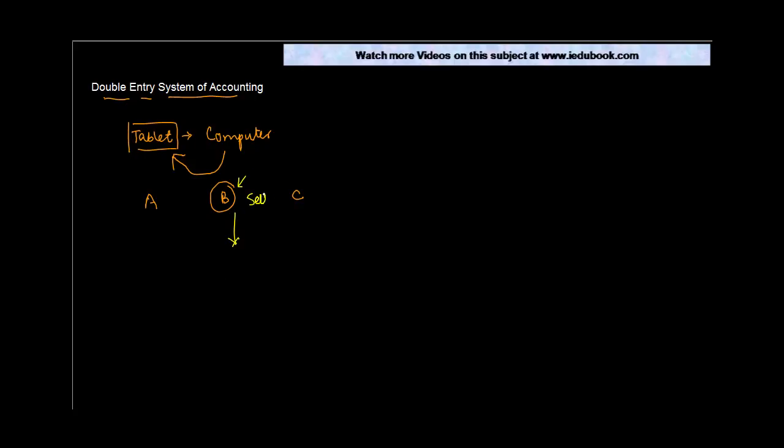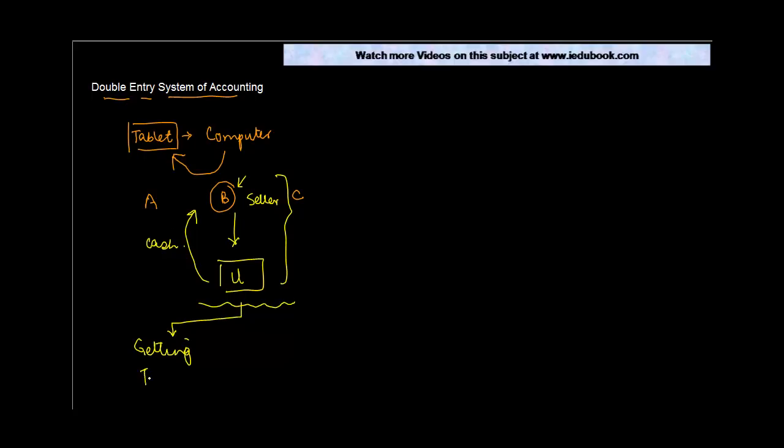So the seller gives the tablet to you, and you pay him cash, right? Now, from your perspective, there are two parts to this transaction. One is you are getting a tablet, and second, you are making a cash payment,